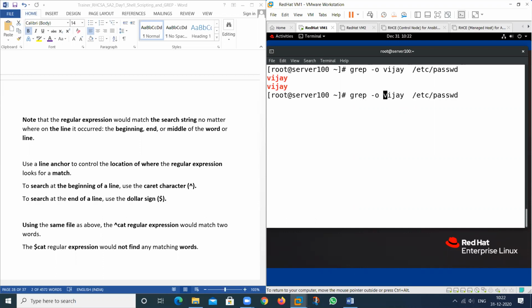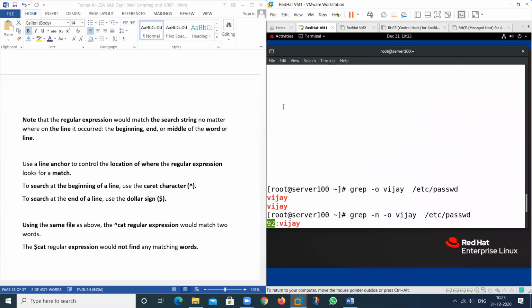Suppose I want to know on which particular line this value is written, and I want to print the line number also. In these lines, these two words are written. We can use this, so this is line number 92. In this particular line, we have this value.